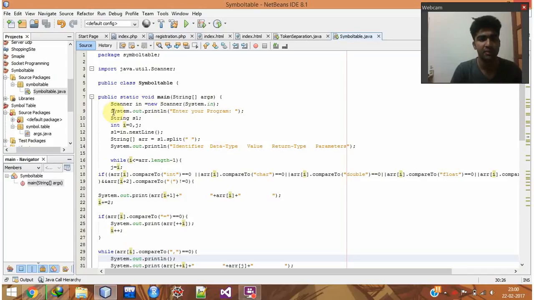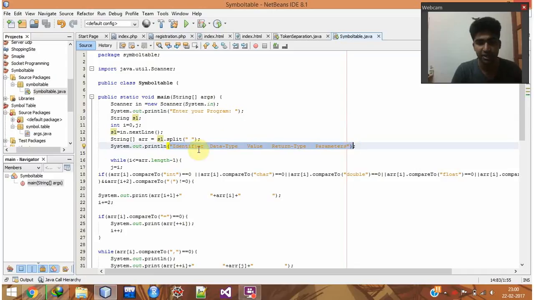Initially I'm using Java over here, and using the scanner class we are taking the input from the user, and using s1 we are storing it in a string. Next, we are splitting it on the basis of space, which means that I have to separate everything on the basis of a space. Now this is basically a table which will be returned in this form: identifier, data type, value, return type,